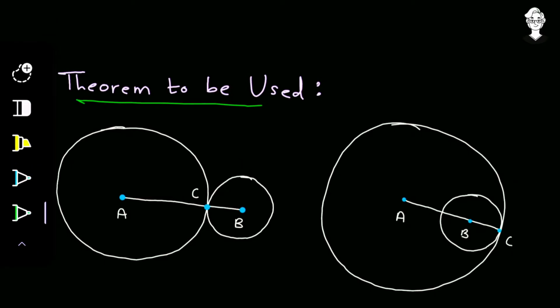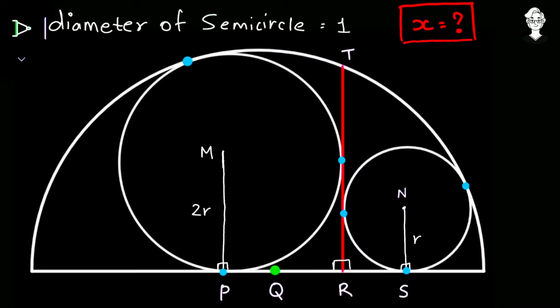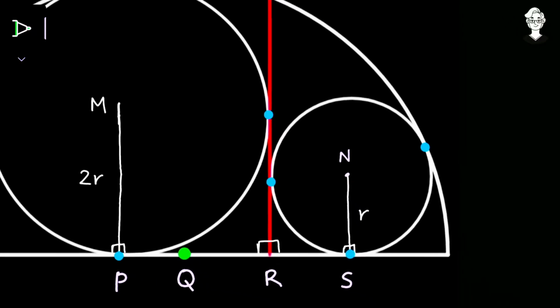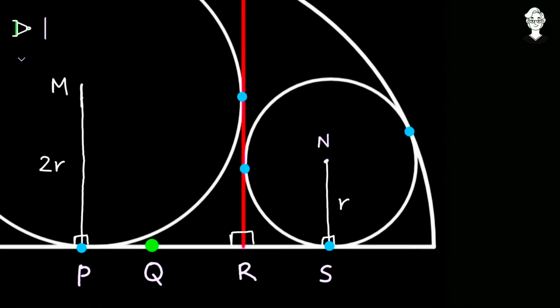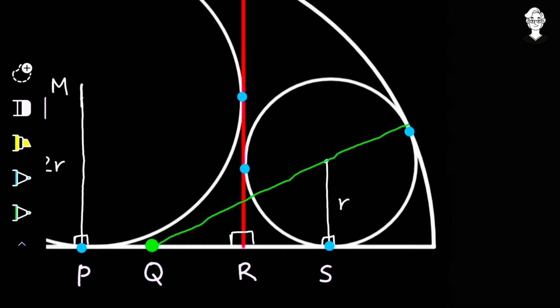So all we need is that two circles to be tangent. So as we have seen the theorem below, we can utilize it over here. The center of the two circles and the tangent point are going to be in a straight line. So doing that for the smaller circle, a line from the center of this semicircle passing through the center of this smaller circle till the point of tangency is going to be a straight line. So I'm just removing the point N from there.